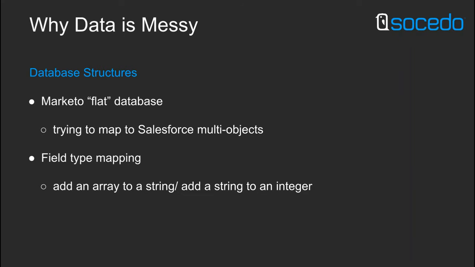Then there's also this whole problem around how different systems are consuming data in their fields. So if I have something that's a string field, just kind of a random set of letters and numbers, it could be anything. It could be a word, it could be a sentence, it could just be a random combination. If I have a string field over in Marketo that's saying maybe what technology they're using, we listen a lot to whether someone is using Marketo, HubSpot, or Pardot, one of the systems that we integrate with. We keep that in a string field in Marketo.